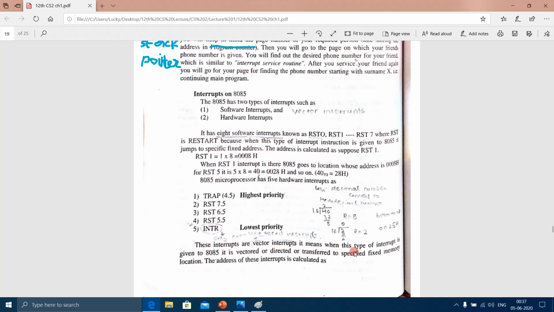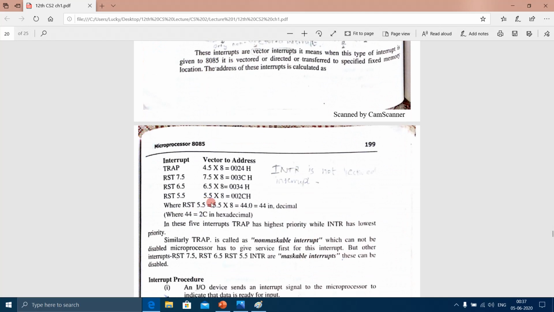It means when this type of interrupt is given to 8085, it is vectored or directed or transferred to a specified fixed memory location. The address of these interrupts can be calculated. We will see in a while how we can calculate the address of the vectored interrupts.